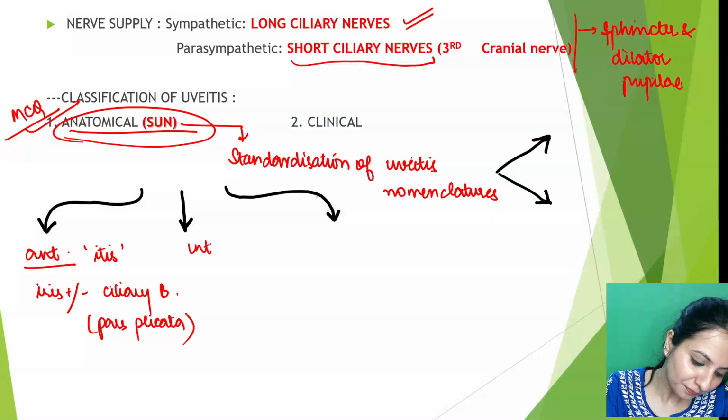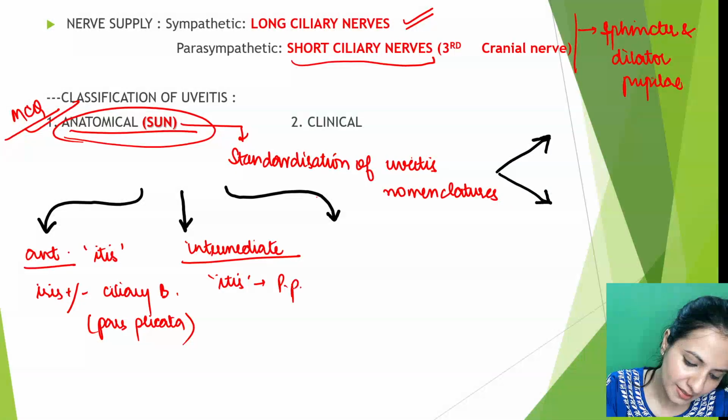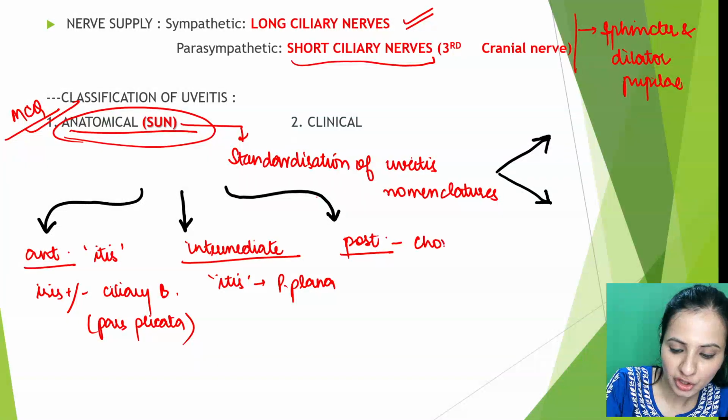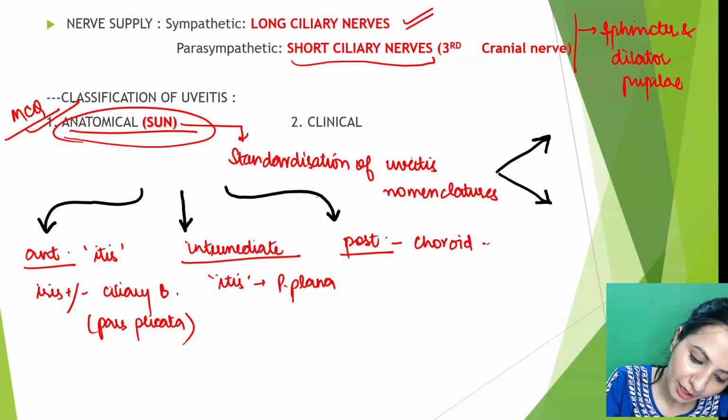Then you have intermediate uveitis, in which there is inflammation of your pars plana. Then you have posterior uveitis, in which there is inflammation of the choroid with or without retinal